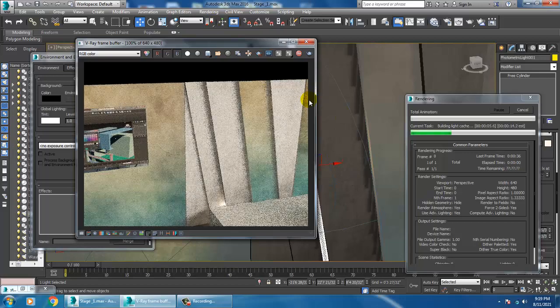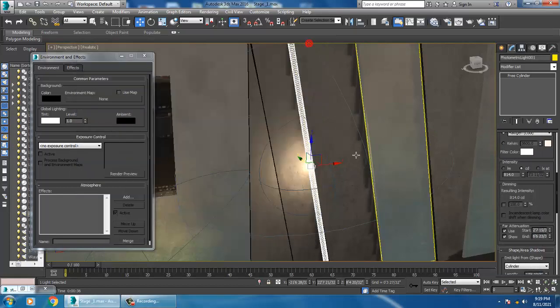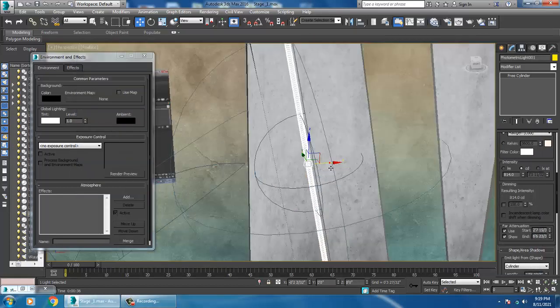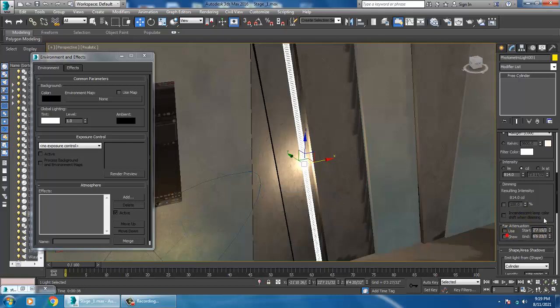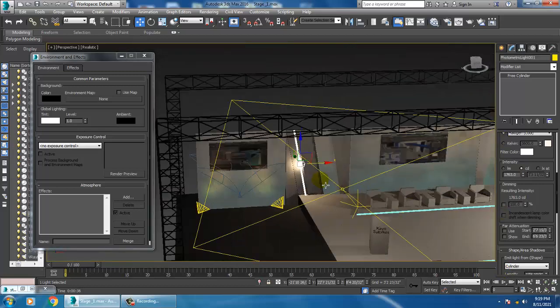If we turn off other lights, then we can check out that light properly. I'll just turn that off. If I increase this, now we will see that there would be a perfect spread of that particular light.